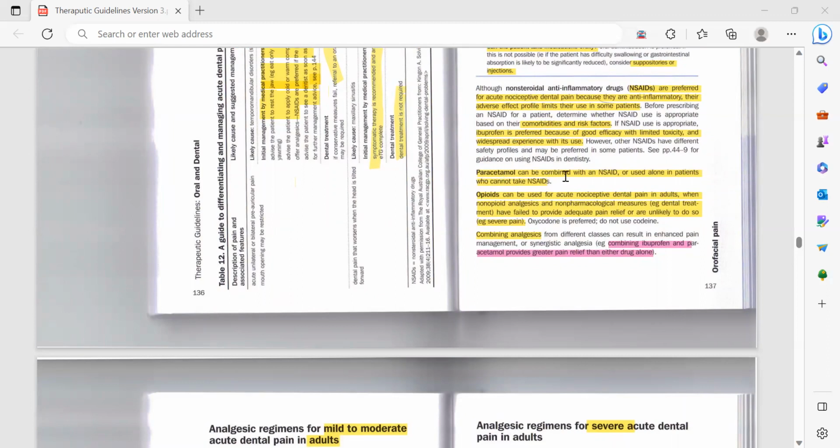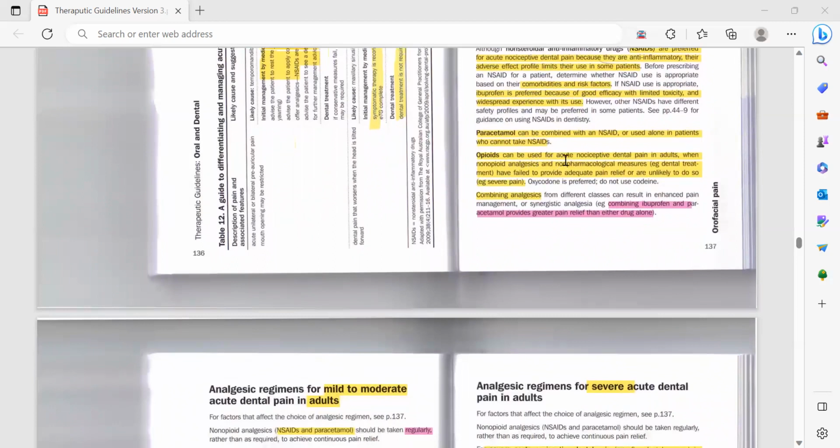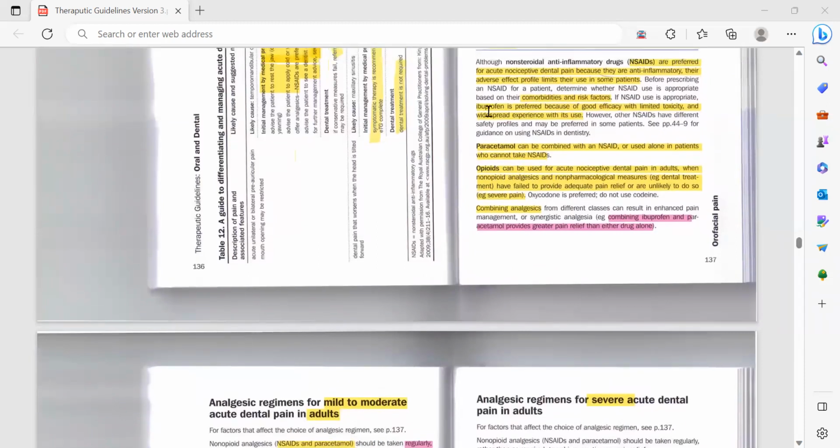Then paracetamol can be combined with an NSAID or used alone in patients who cannot tolerate NSAIDs. Then opioids can be used for acute nociceptive dental pain in adults when non-opioid analgesics, meaning ibuprofen and paracetamol, and the non-pharmacological measures, which means dental treatment,